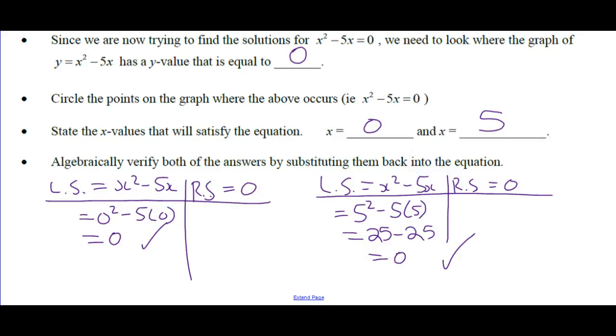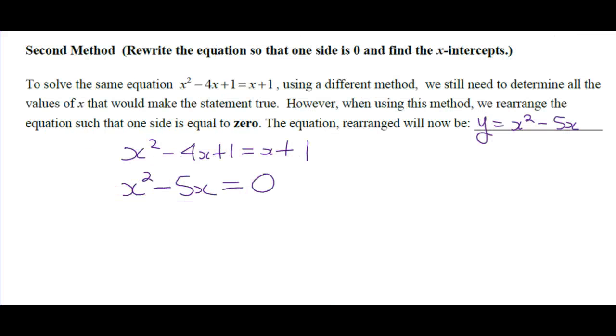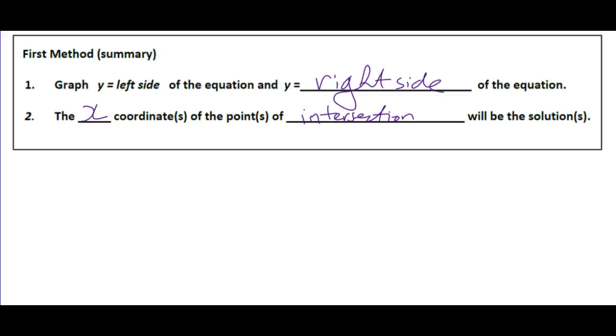If not, you can still verify it algebraically by just plugging it into your calculator, right? Just saying, well, I'm just going to go 0 squared minus 5 times 0, and I'm going to go 5 squared minus 5 times 5, and I expect to see a 0. And for the other one, if you were going to verify it on your calculator,